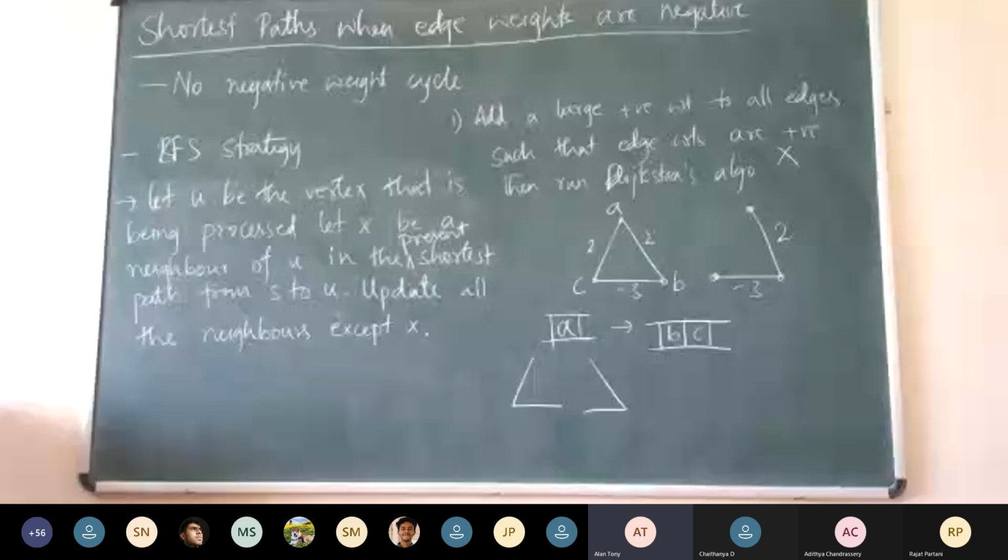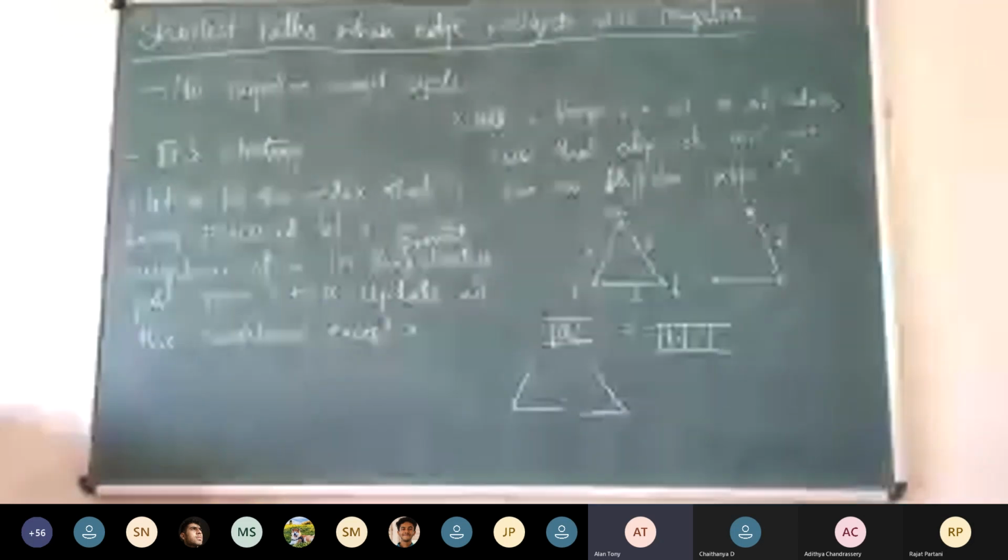One thing we'll be sure of is the source won't be added again, right? But for other vertices, if we are looking into an algorithm, they might be updated again. We can't say for sure that once it's processed, it won't be updated again. So it might come back into the heap, if at all we are using a heap. But for the source, we are sure that it won't come again, otherwise there'll be a cycle. So that's a starting point, I guess. We know the source won't be added again, but the other vertices may or may not be updated.